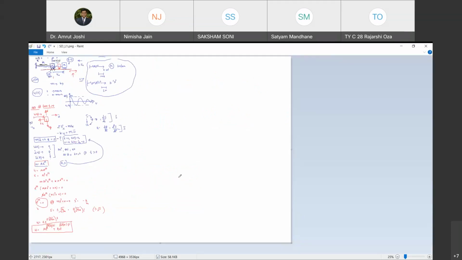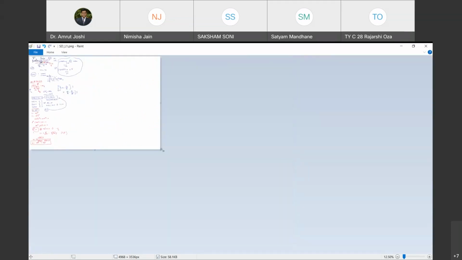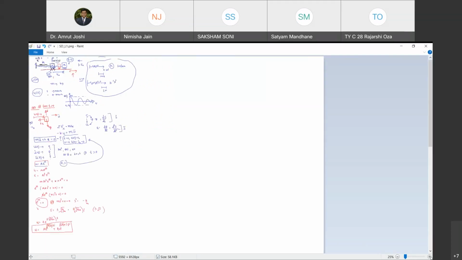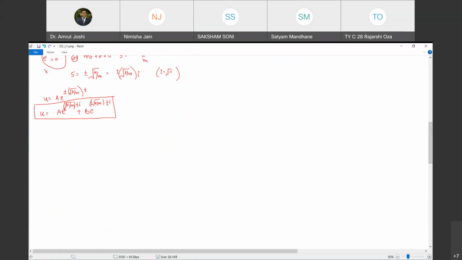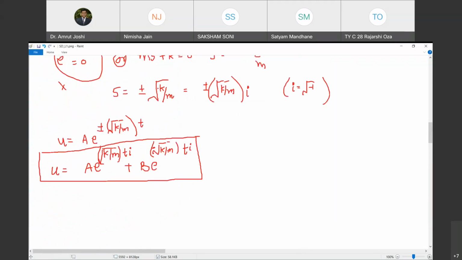Yes, sir. Okay. Just give me a second. We are almost coming to the end of today's session. Don't get carried away by the complexity of mathematics. The result that we are going to get is going to be much more fun to deal with. So we are not interested in these steps in between. These steps are routine mathematical steps. I am giving them for completeness, but we are more interested in the solution.